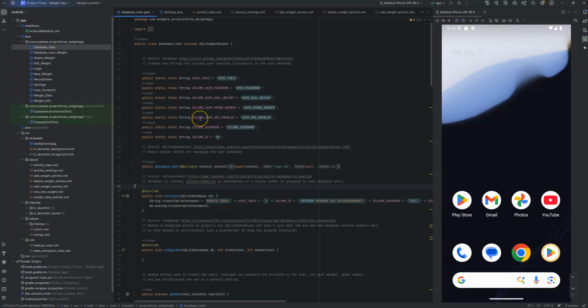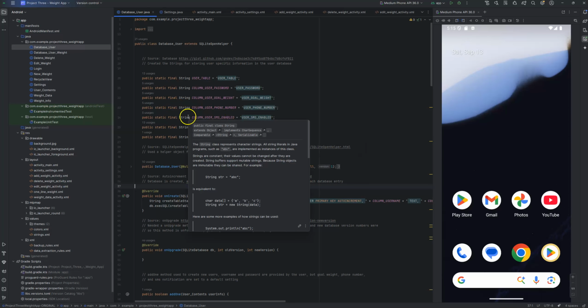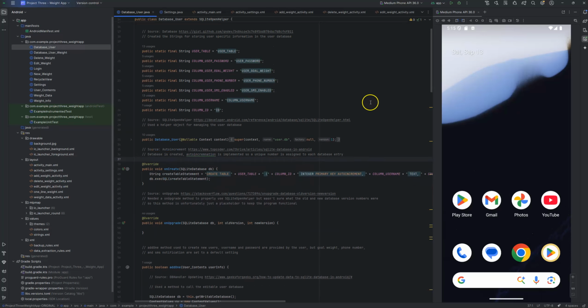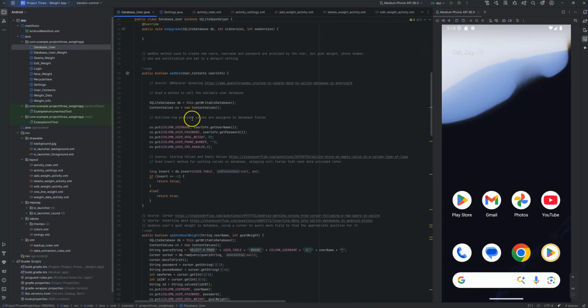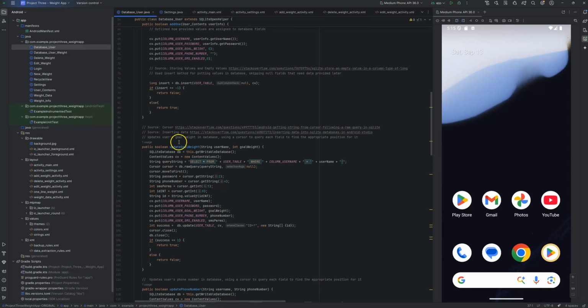So the database user file handles all the storage and retrieving of the user info, like username, the goal weight, phone number, and if the SMS is enabled, and it has different methods involved for handling and retrieving all the different user information. So we have adding new users to the database, updating goal weights, and when you update the goal weights, it's going to find